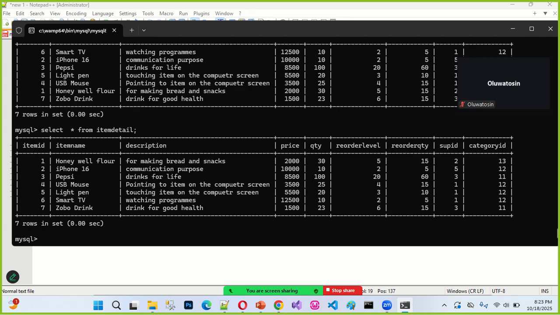Indirectly, they are telling you to perform this task again. To display the top 3 products with the highest price, you first order your products by price and arrange them in descending order. I say DESC.